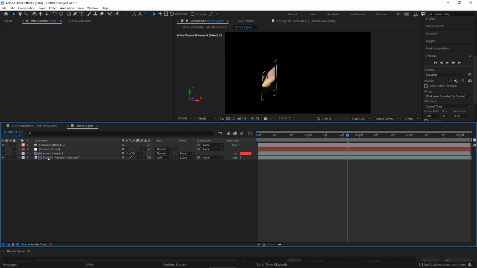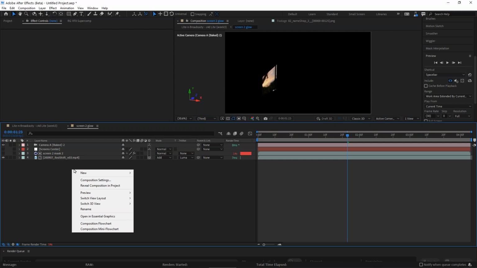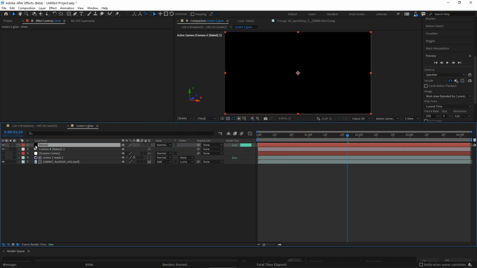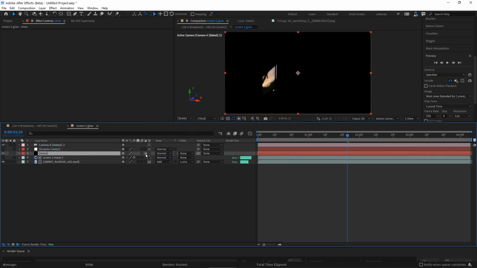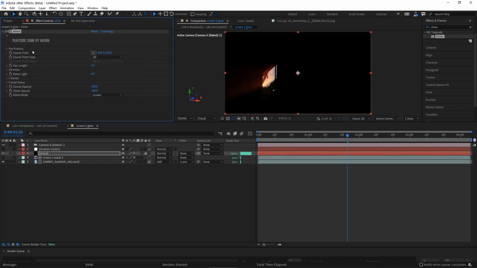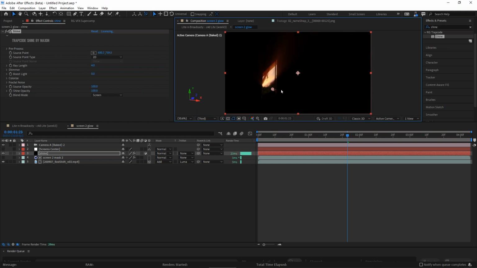What I want to do here is add a new solid adjustment layer. I'm going to call this Shine, and I'll put that right above the mask and turn on adjustment layer. And onto this, I want to add our Red Giant Trapcode Shine. I actually want that shine because we can define from which point this shine should be